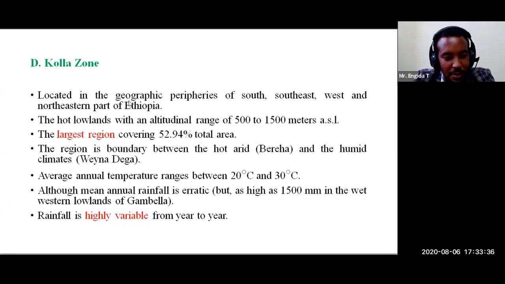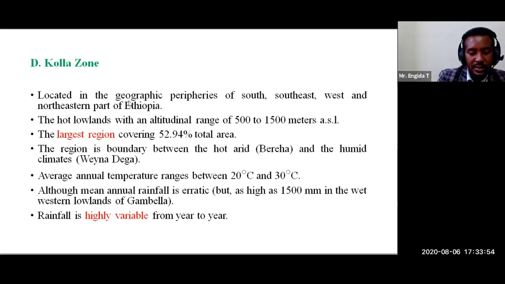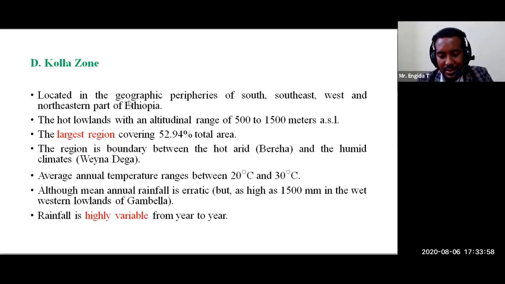Okay. The fourth one is Kola zone. In chapter 4, if you remember, we have discussed the overall altitudinal extent of almost all physiographic regions, the western physiographic region, both highlands and lowlands, the Rift Valley physiographic region, whether it is Afar Triangle, the Lakes region, or southern Rift Valley region. We have also discussed the southeastern physiographic region, whether it is southeastern highlands or southeastern lowlands. If you remember that, you can easily identify which parts of each physiographic region